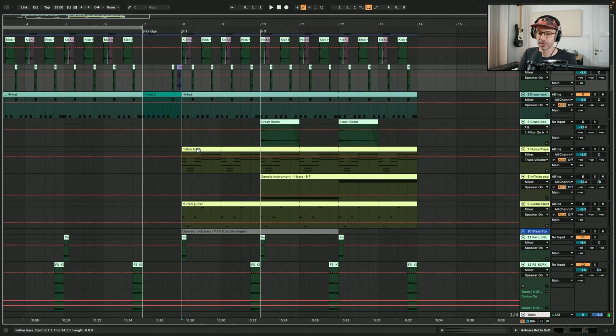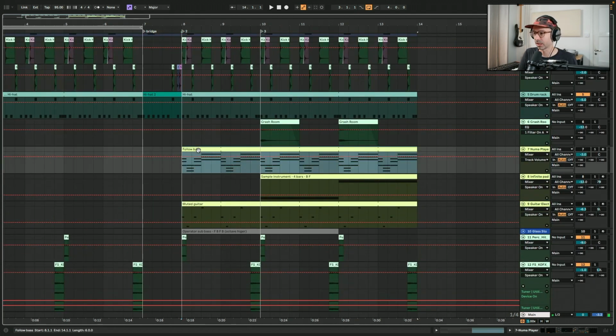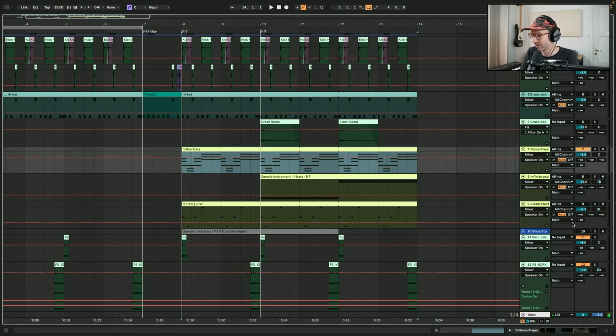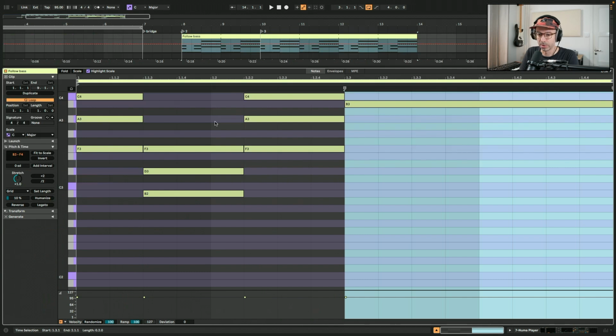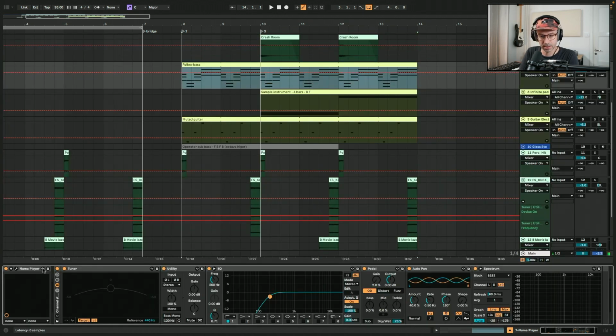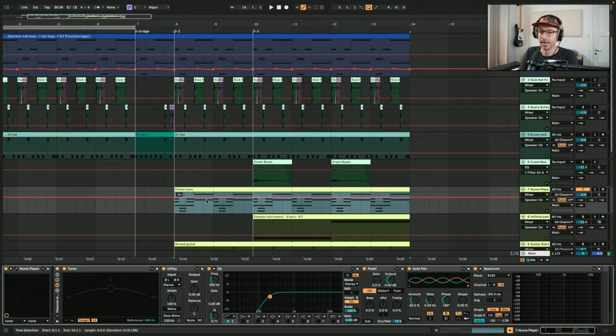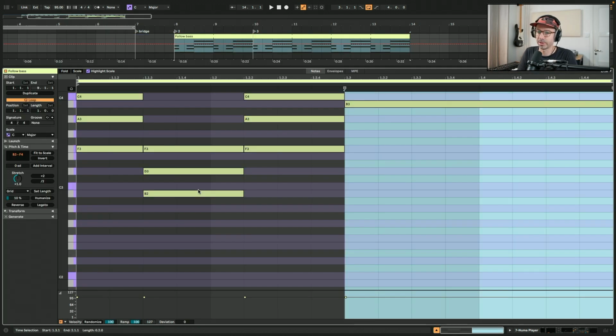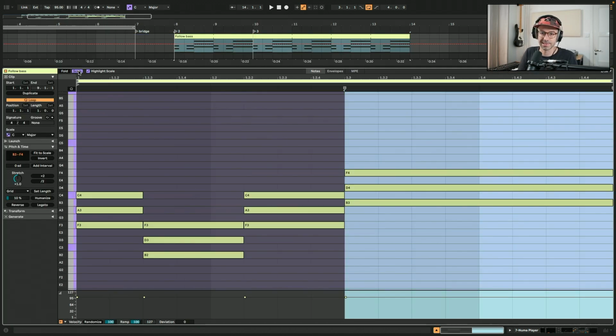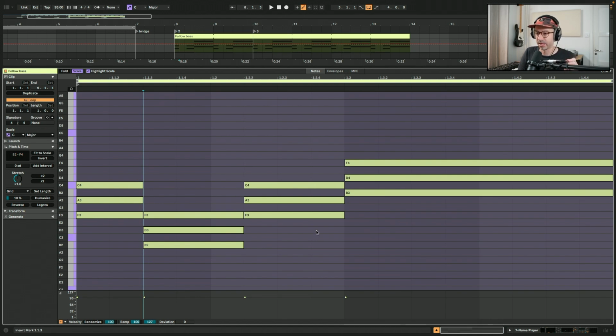So I wanted to create something that's more like a melodic element. So here on track number 7, I have used the Numa player plugin that I've used before, and I used the Whirly 200 electric piano, and it basically follows the bass. So it's playing these chords in C. The bass was F, B, F, B. So here I just created triads in C that follow the bass,